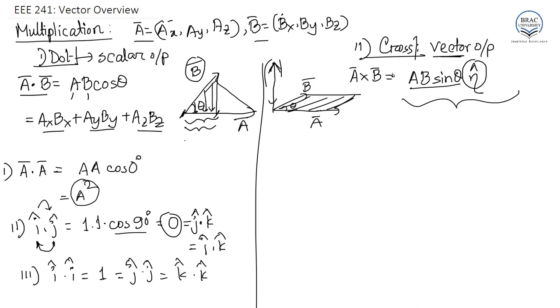All right, and this eta is the unit vector along that direction. So if you take a unit vector along this direction, this will be eta. And also we'll have another comprehensive formula to calculate it, and this is given by,